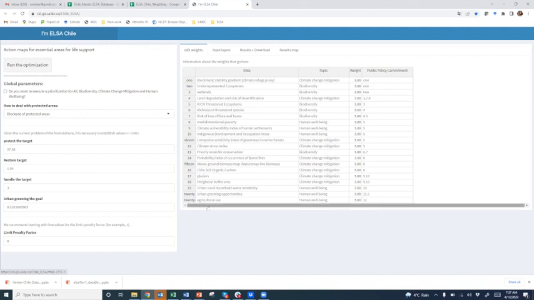Here we can see these are all the spatial data sets that we're going to be looking at today. You're not yet really familiar with them. The core team, the core national team is, but the rest of you, we're going to really look at these data today. But you can see right here this weight. You can see all the data sets have been given the same weight, a weight of 5. This is just our default weight. But these weights can vary all the way from 0. It's not important at all, or the data is no good, and it should